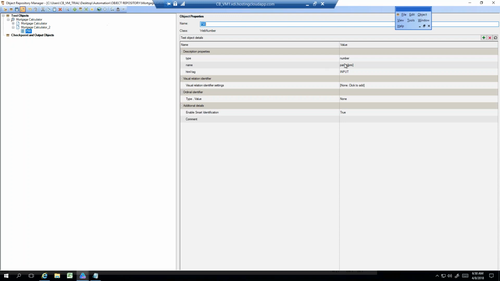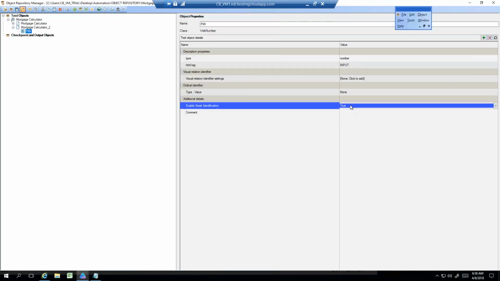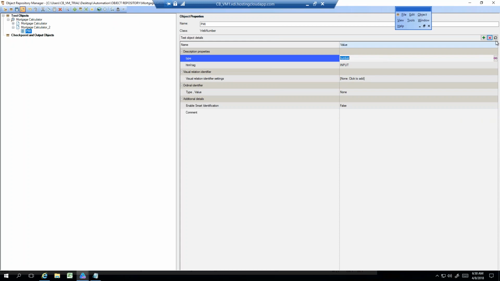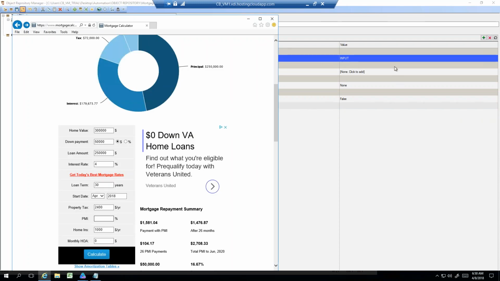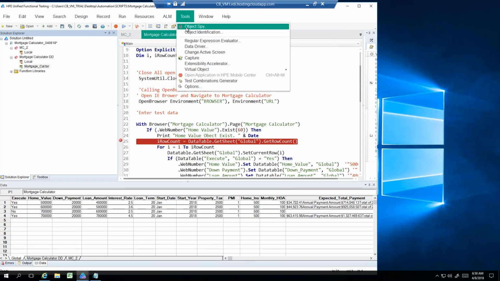So let's try to change this. We know it's going to identify anyway because the smart identification is true here, right? And it identifies, right? So if I make it false and save it, it still does it, right? So let's move all this. Oh, first of all, save it. Still does it, right? So let's go back to our smart identifier in the tools,